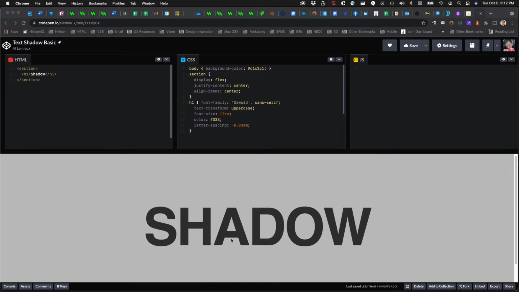Okay, in this video we're going to be talking about text shadow. So I have some text here and I've centered it and it's pretty big and I want to add a shadow to it. So the text shadow property in CSS allows you to add shadows, and there are a couple of parameters. So if we type in text-shadow,